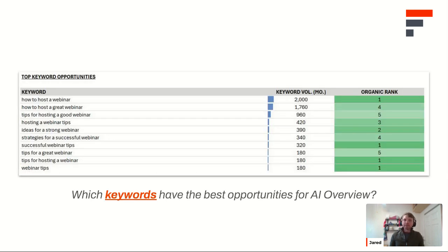So the second piece of that, we're looking at that from a page level, but we also aim to answer that question at a keyword level. So what types of keywords, or which specific keywords, bring up strong AI overview opportunities for our website? Do we rank well with those same keywords in a traditional sense, within what you would expect the traditional search results to look like? We really try to use that performance metric of our traditional organic rank as a cue for identifying the potential for keywords to optimize for in the AI